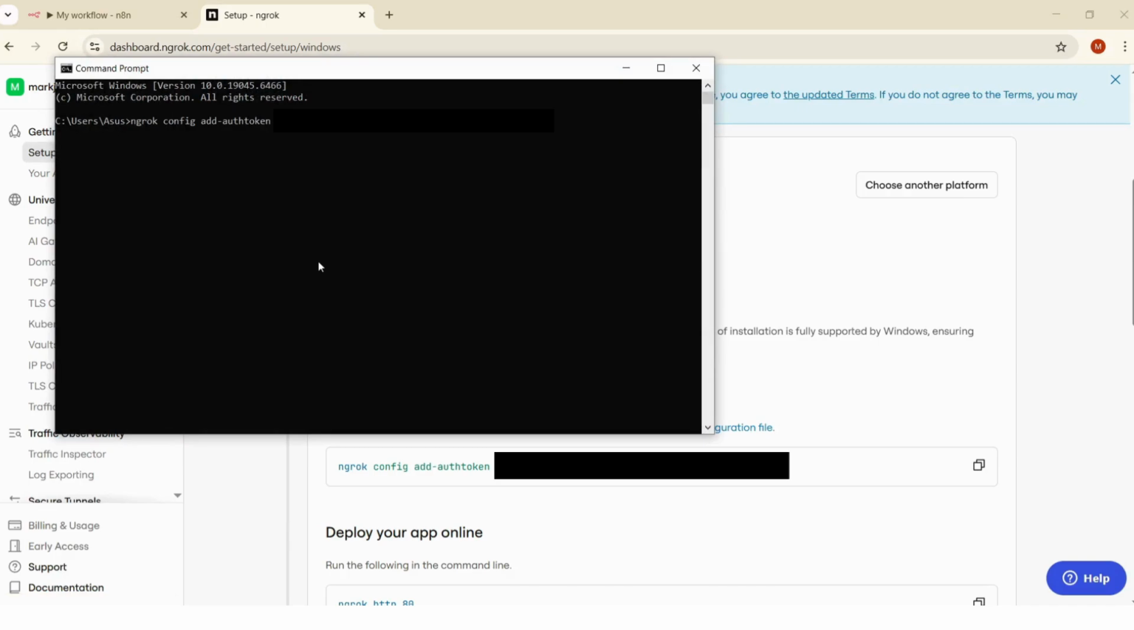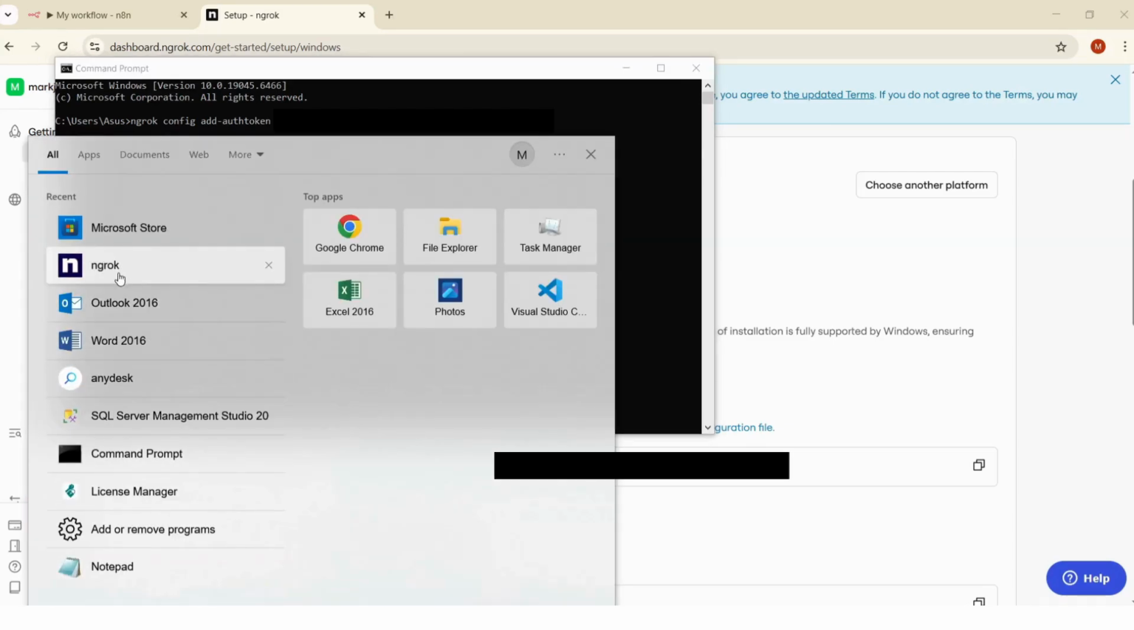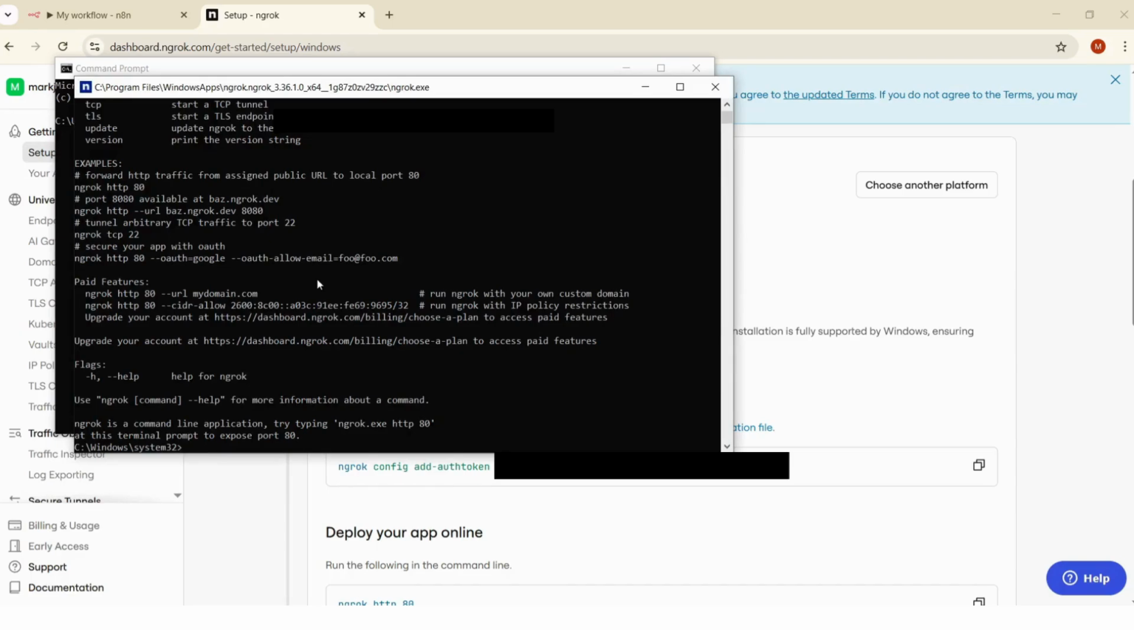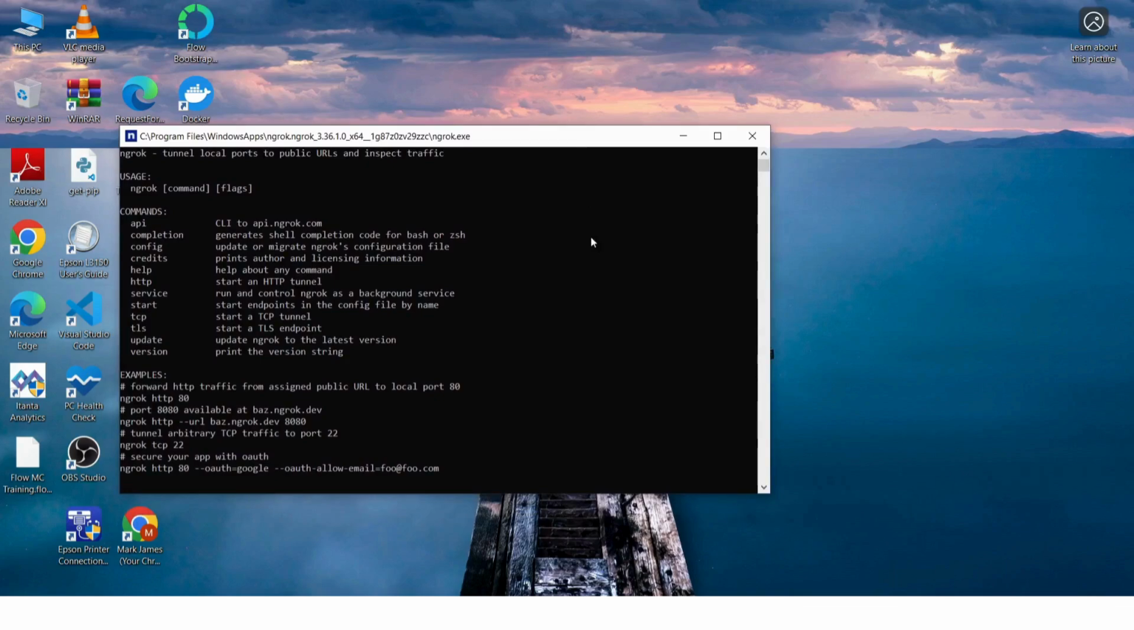then paste it right here, then run. I'm not going to run mine because I've already configured it. But after that, your ngrok should be good to go. When you first open up ngrok, this is what you're going to see, and to start tunneling, we just need a